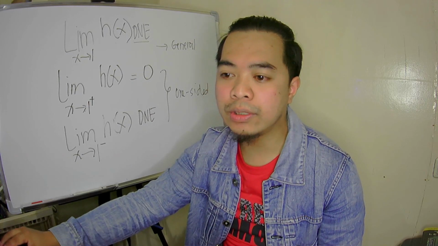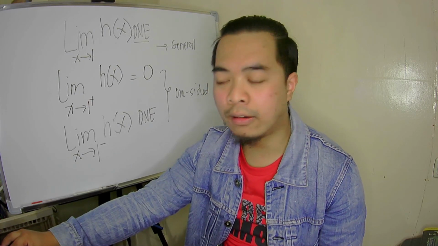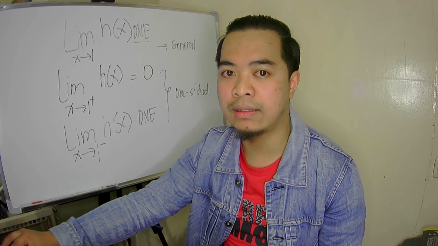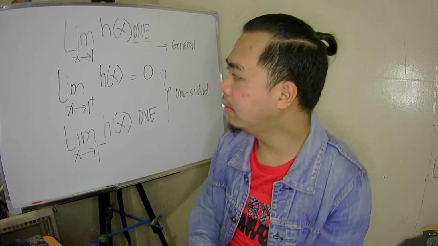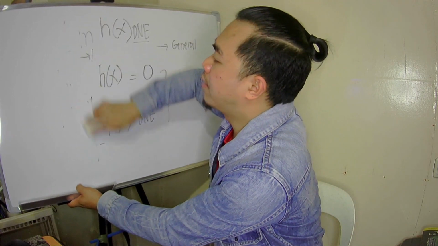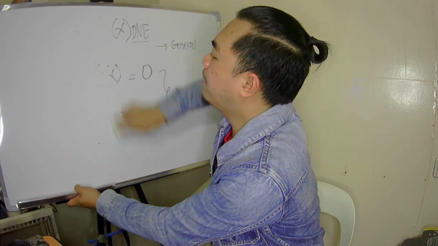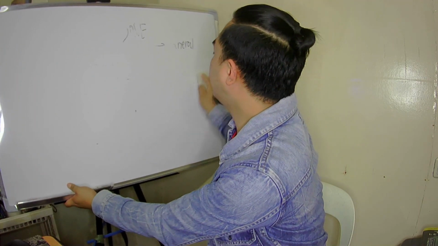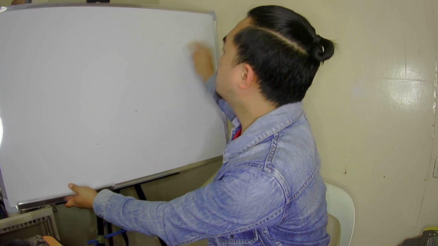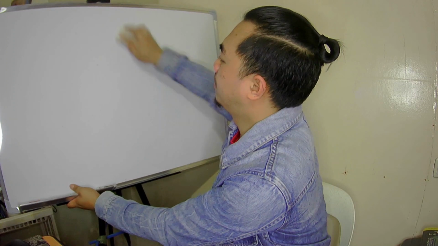This is the reason why I included also in your module the different properties of computing the limit. So, yun yung susunod na pag-uusapan dapat natin. How do we compute the limits algebraically? To help us, kailangan alam natin yung different na properties ng limits para i-apply na lang natin later on. So, I hope you have to do your modules. And I'm going to present it very fast. The properties are actually nasaan ba siya? Anong page?